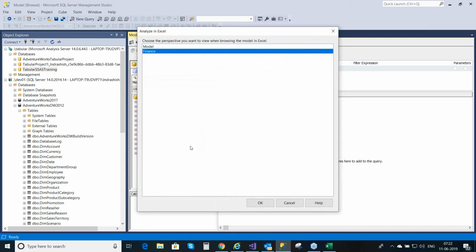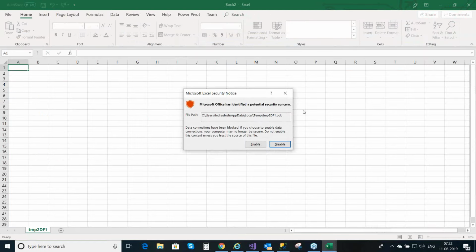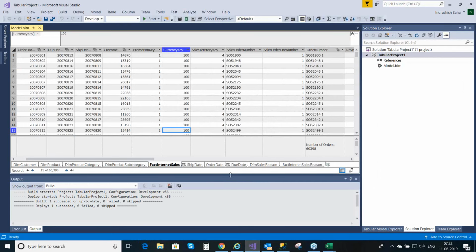Okay, so this is how you create partitions and perspectives in SSAS. So